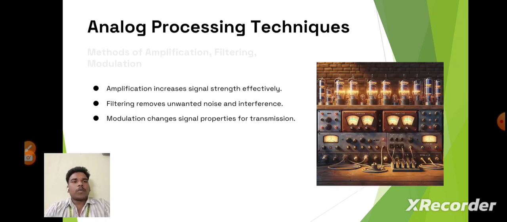And analog processing techniques will be followed after the signal processing stage. In this also there are some methods: amplification, filtering and modulation. This is also similar to the signal processing stage. So I would like to say it briefly. Amplification increases the signal strength effectively, as I said earlier. Filtering removes the unwanted noise and interference,